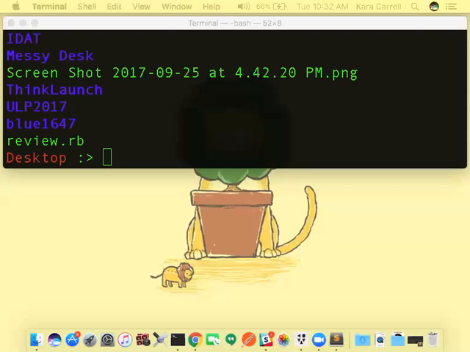Give me my foot, okay? My foot got stuck on the chair, okay. So